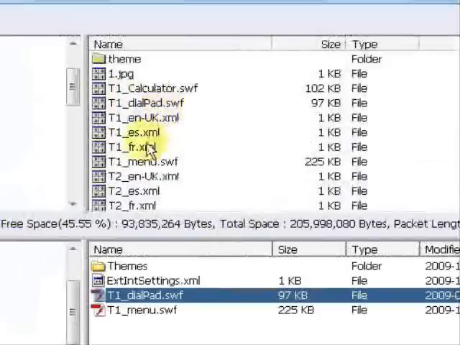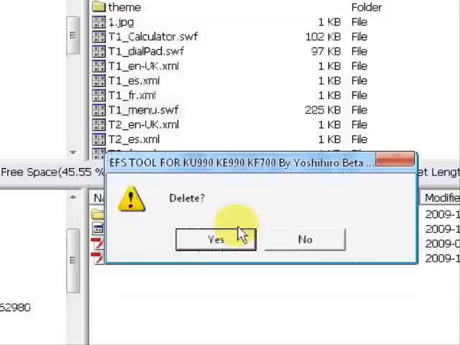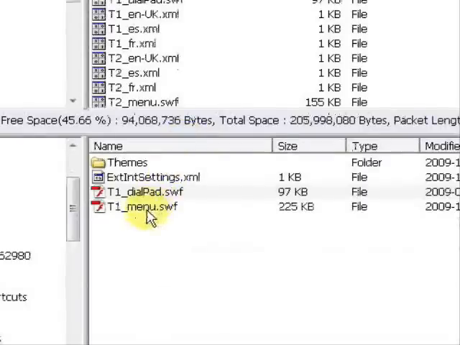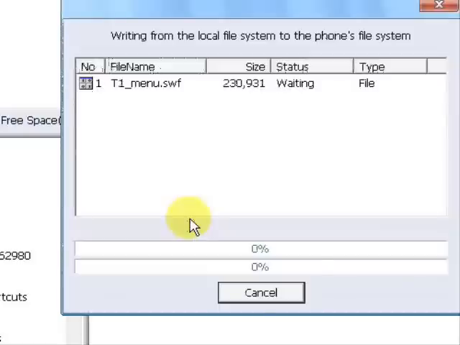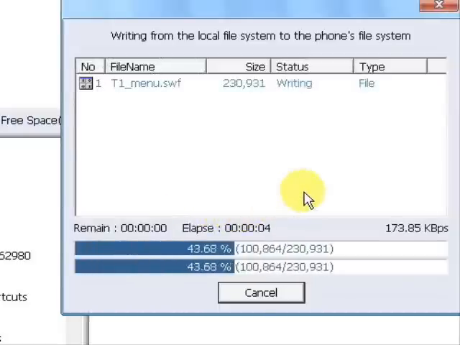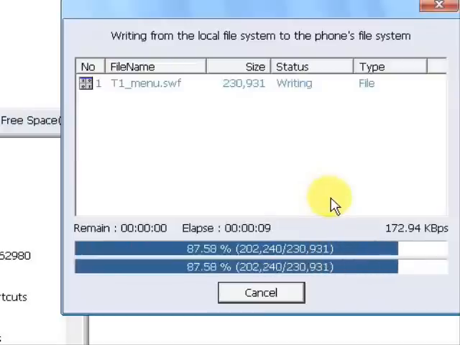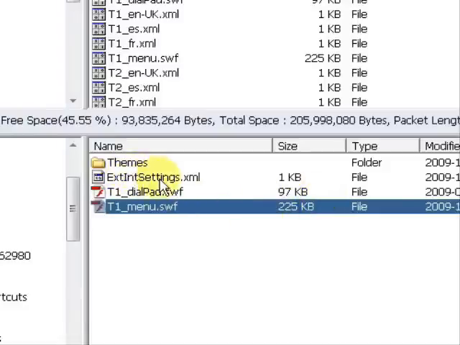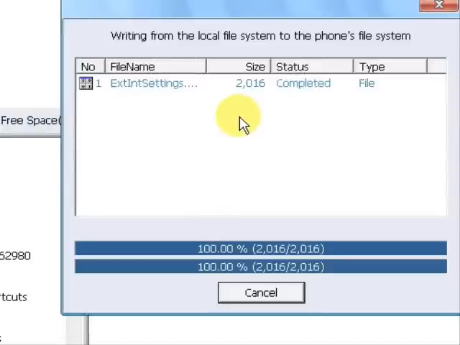Then, for the CU920, T1 underscore menu is next. I want to delete that, confirm that, and come down to the bottom pane, right click on T1 underscore menu and write that in. For the CU915 and the TU915, that'll be the T2 underscore menu for you guys. Okay, now, once that has written in, you're going to see a third file here, extintsettings.xml. Just simply right click on that and click write, and it's going to write it up into your phone's